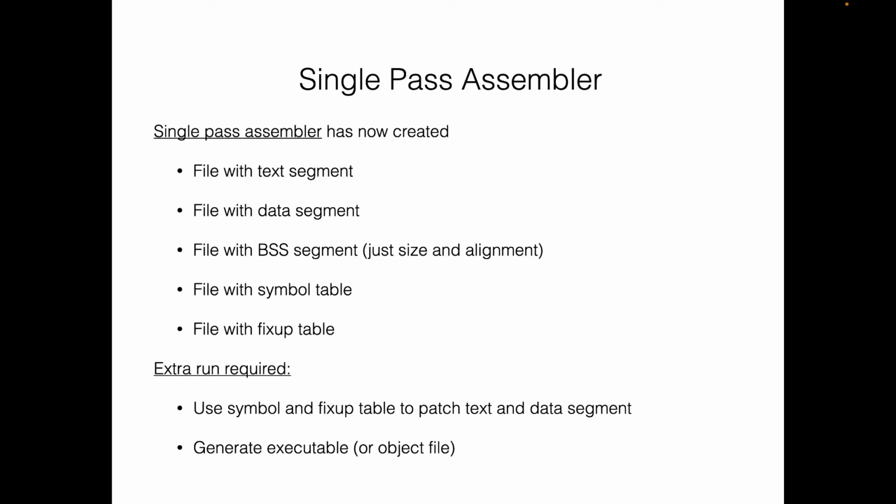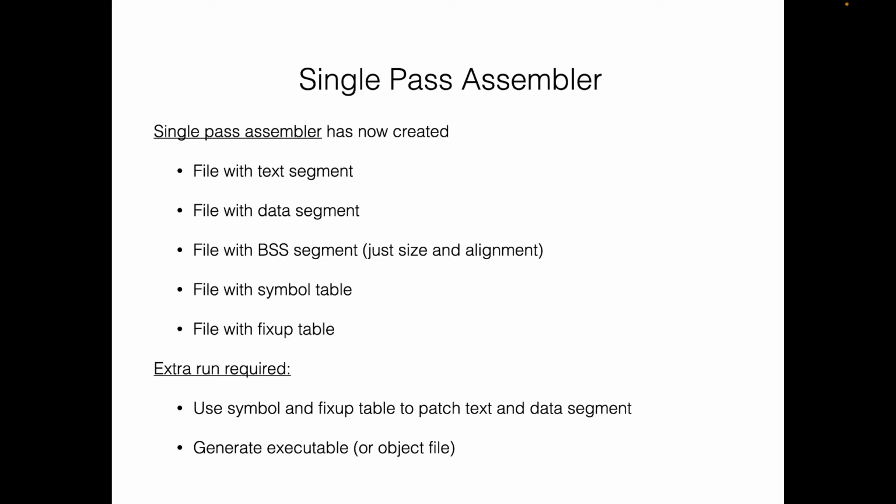And you also had to write out in the end the symbol table and the fixup table that was generated in this first pass. So single pass doesn't mean that everything is done in one pass. It means that things are just processed line by line and just one thing gets done in this pass. And then in the second pass, the files generated from the first pass would be used as input. And then the text segment and the data segment would be fixed using this fixup table